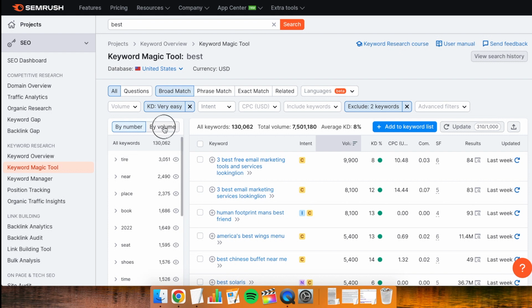We have two filters, by number and by volume. By number is by the number of keywords inside this group or this niche. And volume is the total search volume in this niche. This list is groups of keywords that Semrush presents to us in an easy to understand way. As you can see, if you click on this group called tire,